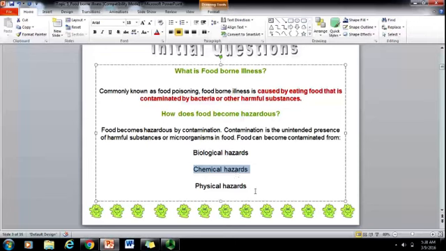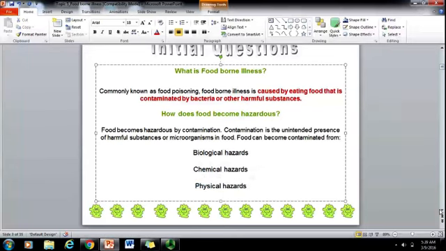Okay, and physical hazards usually come from the food handler's personal hygiene itself. Most of the physical hazards reported are such as they found a strand of hair, and they found glass in the food, so that is considered as physical hazards,